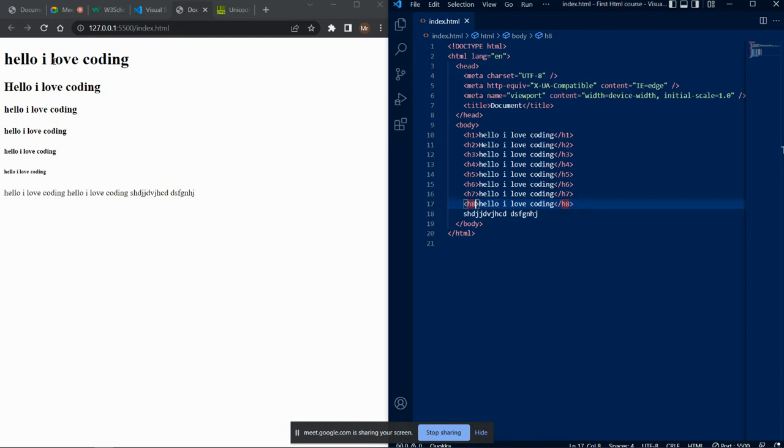Well, we have the first one here: Hello, I love coding with H1, big and bold. We have the second one: Hello, I love coding, big and bold, a little bit lower than the first one. And we have the third one. You see, the more we keep increasing the number, the lesser it grows. But what happened down here? Hello, I love you, and everything is just being bunched together, whereas we were keeping them on a